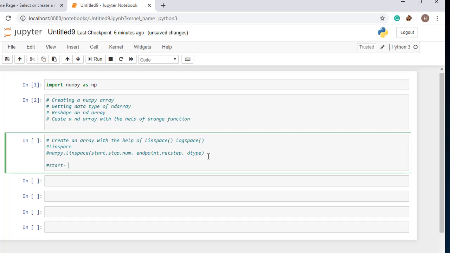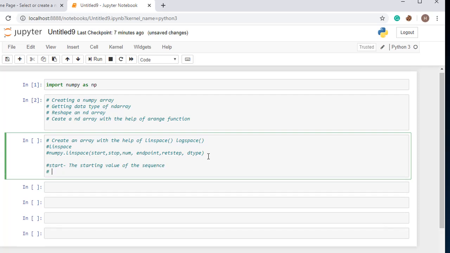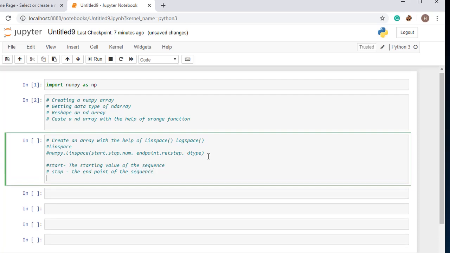Start is the starting value of the sequence, and stop is the end point of the sequence. Then we will consider num.